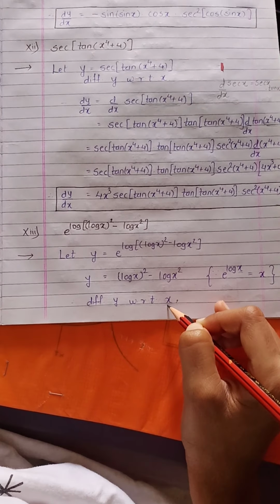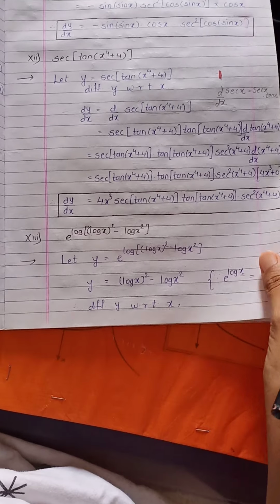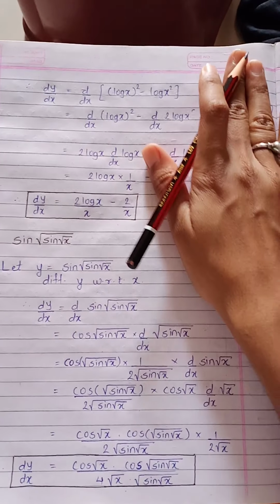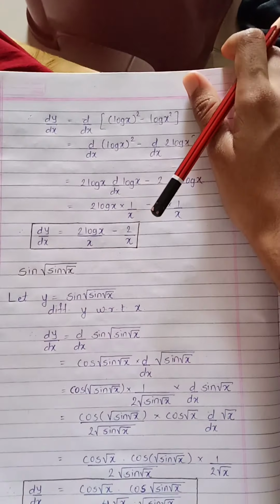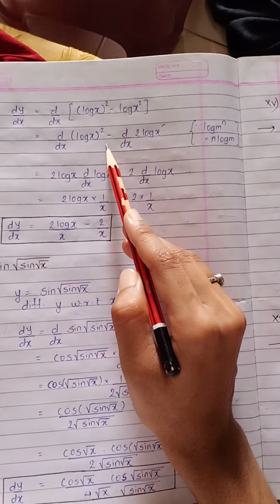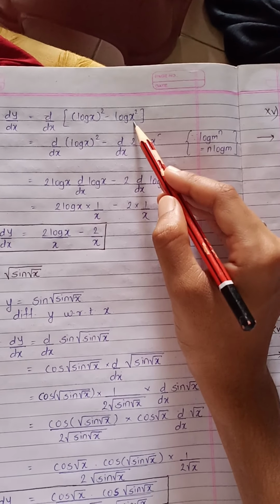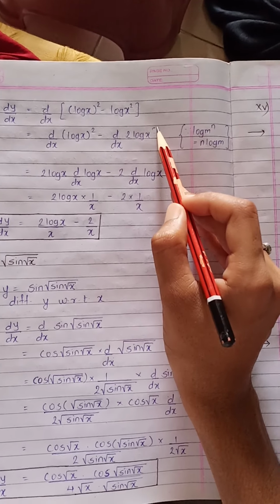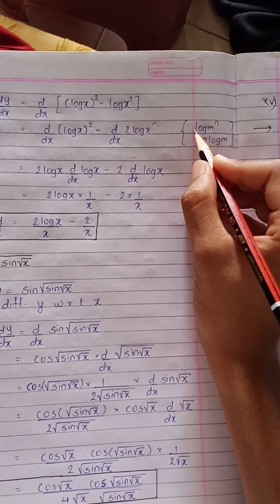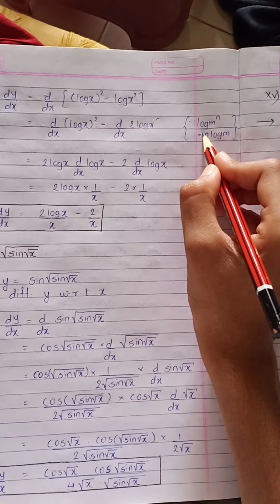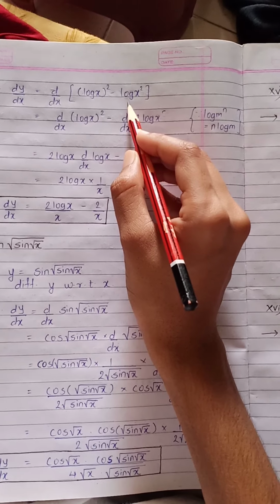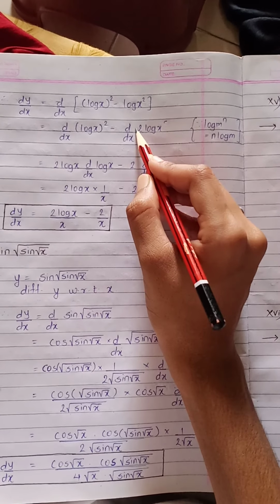Differentiate this y with respect to x. So we are going to take the derivative of that only now. So it will be the derivative of log x bracket square first, minus the derivative of log x square. Again here, you can write the derivative first and then take this 2 in front, or first like I have just done, you can do it either way. See, this is also a property of logarithm, right? For a logarithmic function log m raised to n, the index part comes to the front, so it is n log m. So using that property we can take this 2 in front, so it will be the derivative of 2 log x only.